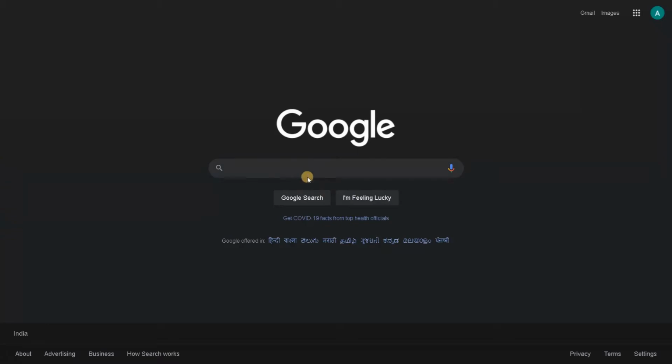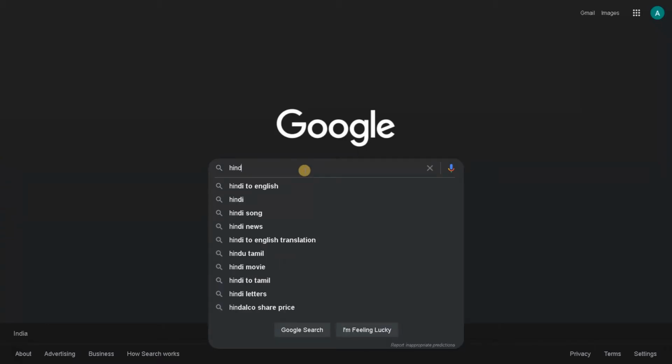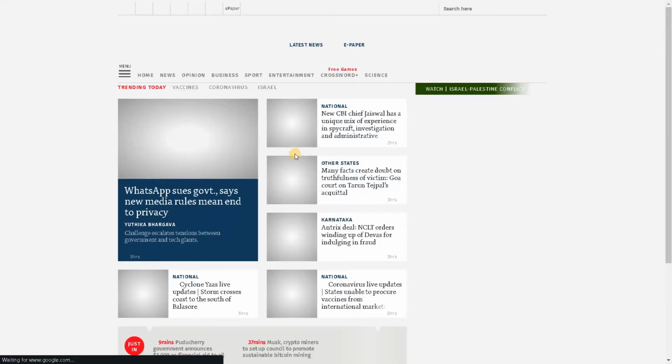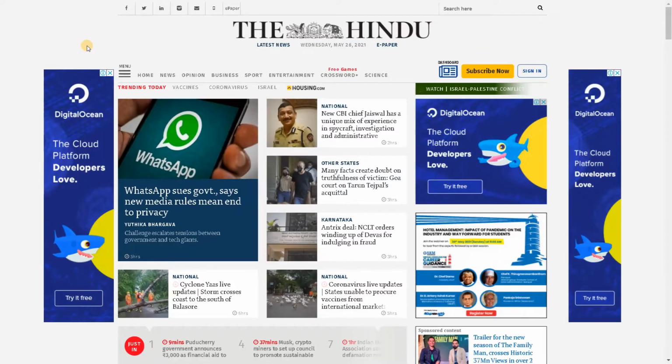So let's go into some news website. I'll go to The Hindu News. So this is The Hindu News website. As you can see, this is the home page of The Hindu website. Why I take this as an example: most web scraping tutorials contain scraping of various things. Here we have all the text, images, links, everything available. That's why I took this as an example. Even if you are a student learning web scraping, most of the information you collect from a web page is news articles only. So this will be very useful for beginners.